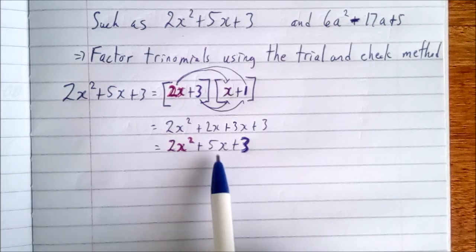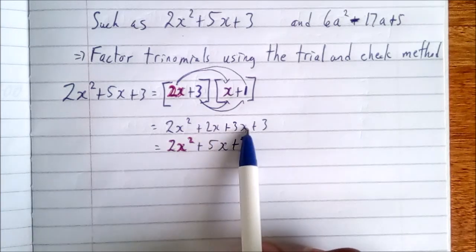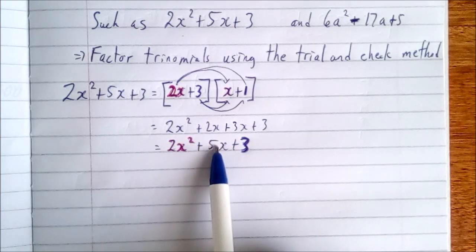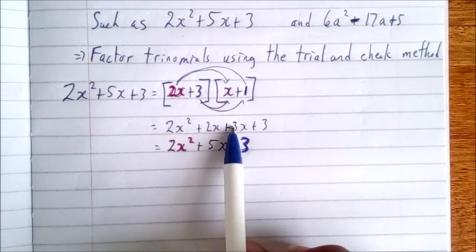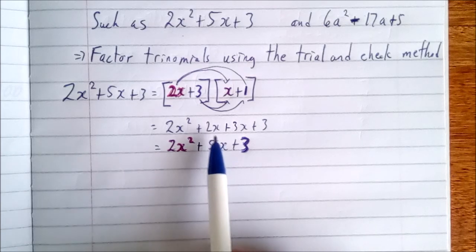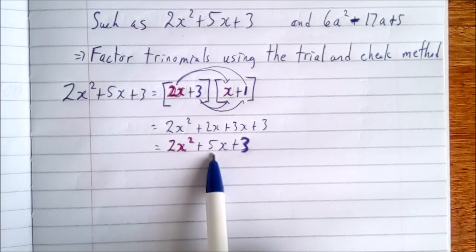Notice that the middle terms now are different from the 5x here. We got 2x and 3x. But what can we say about the 5x? It is the sum of the two middle terms. Okay, so this value here is the sum of these two middle terms here. Okay, so now